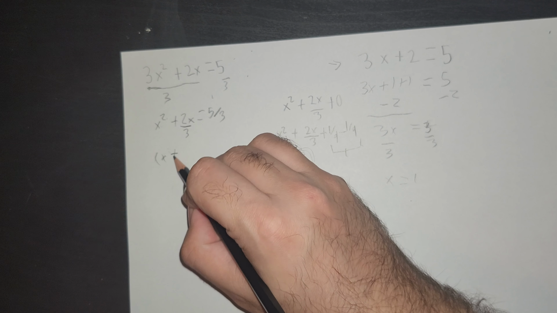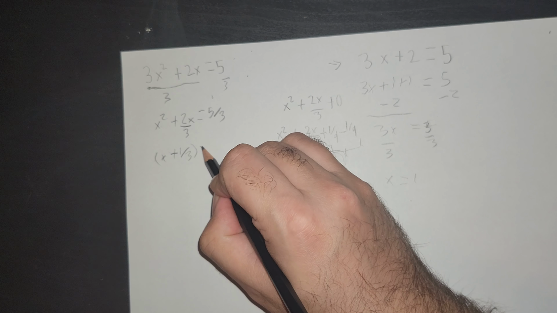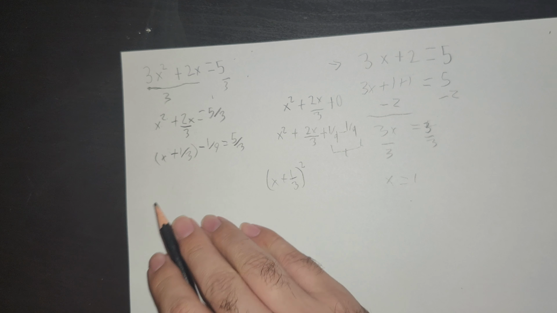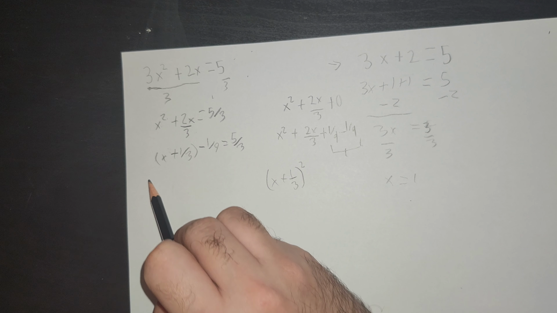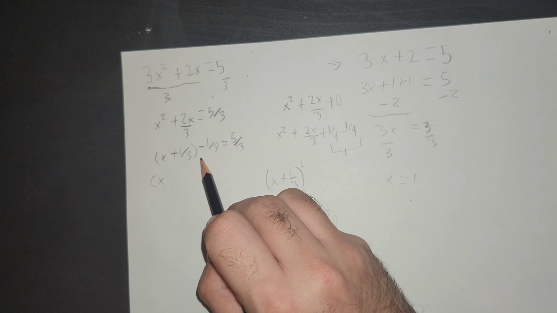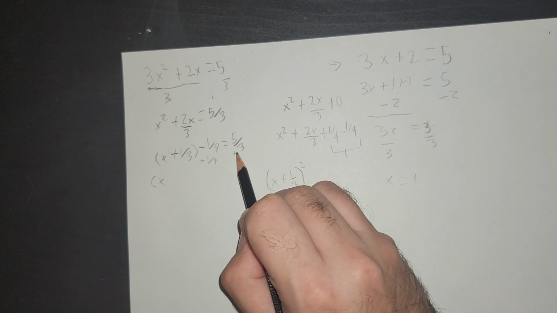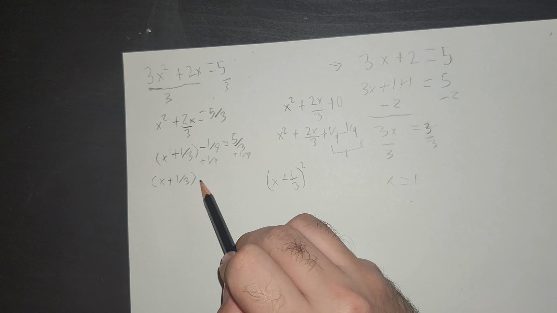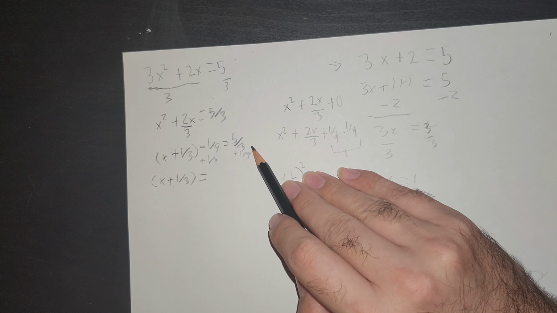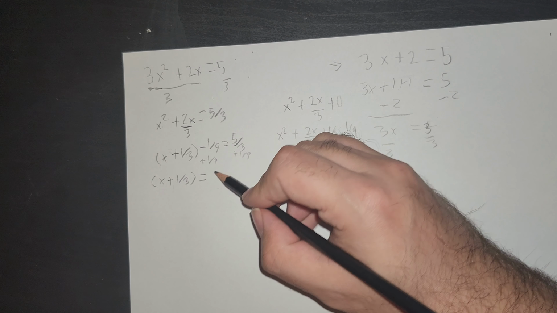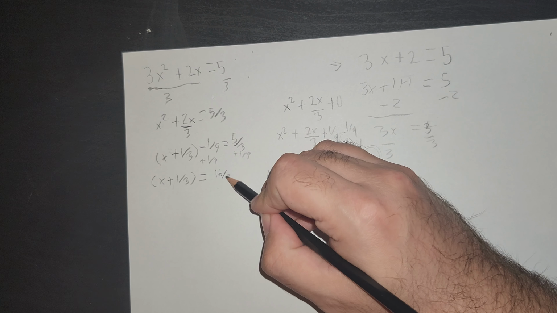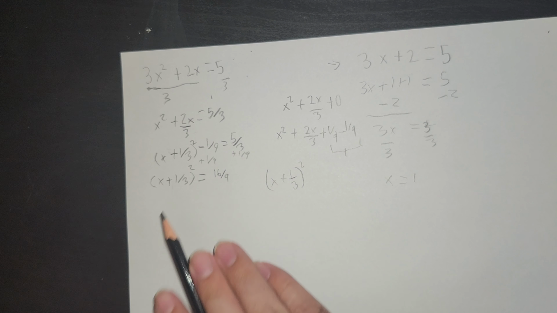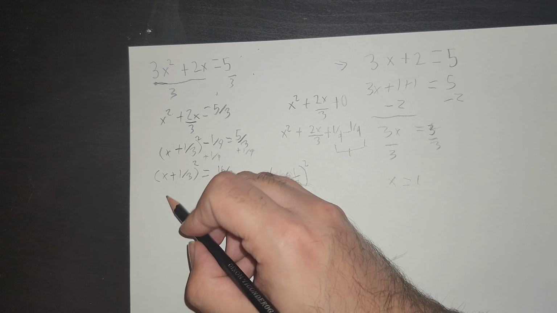So we have x plus 1/3 squared minus 1/9 is equal to 5/3. Alright, so this is pretty easy. We simplify this down a little bit further, add 1/9 to both sides. And then this would be converted into 15/9, so we would have 16/9 right there. I also forgot the squares over here. Look at me go. Alright, so if we were to take the square root of both sides, we would then have